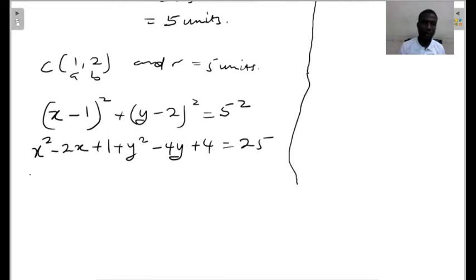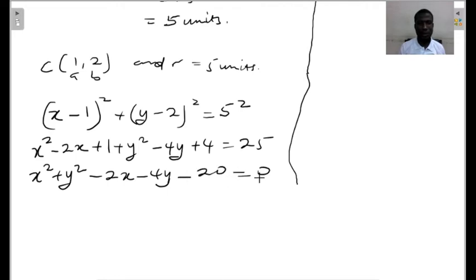And rearranging, we are going to have x squared plus y squared minus 2x minus 4y, this is 5, minus 20 equals 0. And this becomes the equation of the circle with center